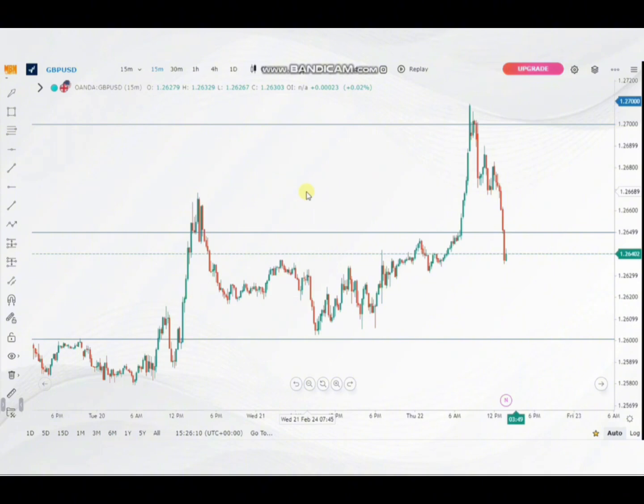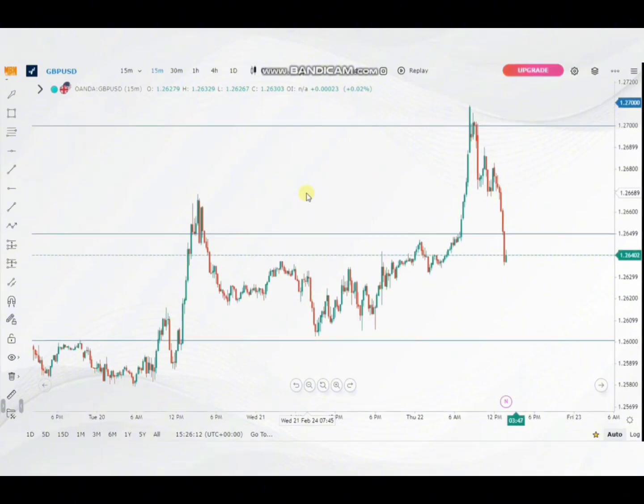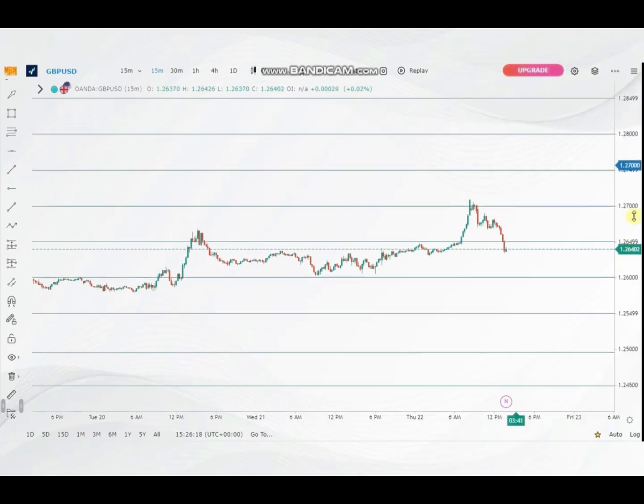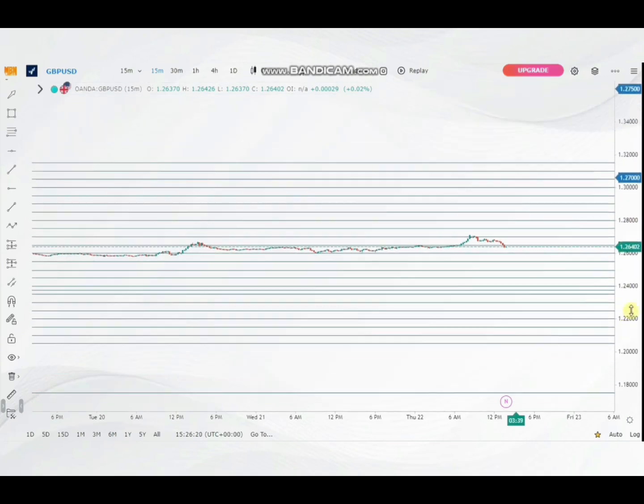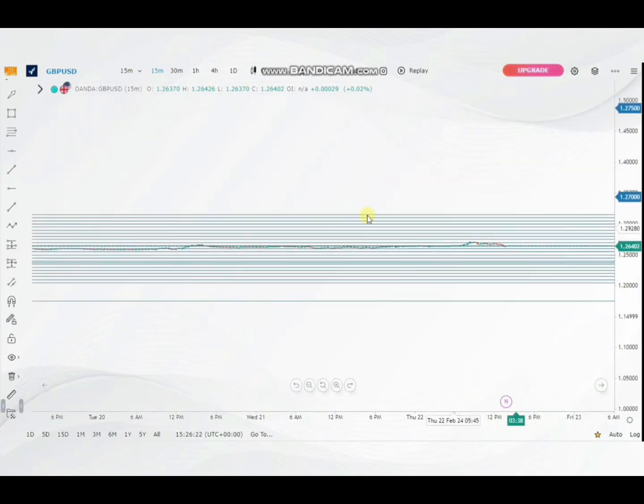Okay, so I hope you understand. So just follow closely what I will be doing. So right now I will shrink the charts this way, and then I'll start going back in time to